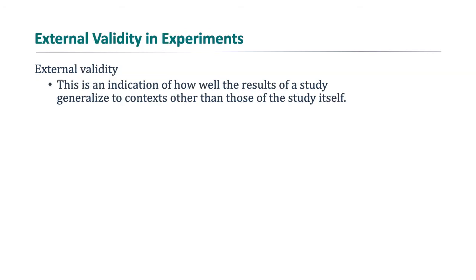One of them is external validity. This is an indication of how well the results of a study generalize to contexts and people other than those that were in the study itself. Now, what we mean by that is maybe I have done a study about hurricanes. Would it apply to people who have been through situations associated with earthquakes? Well, I can't really know for sure about that,